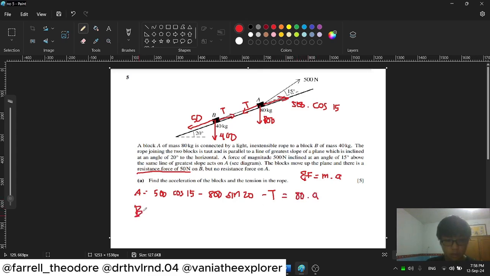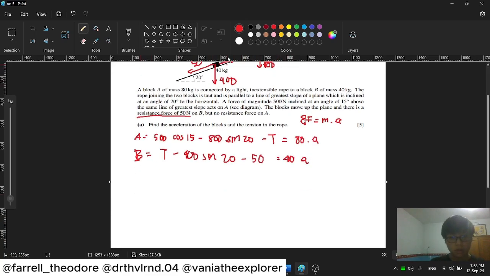And for B, it will be tension, since it's the one going up, minus 400 sine 20 minus 50, which is equal to 40a. Now we can add these up. This will be 120a, and the tension will cancel each other out, because this one's negative, this one's positive, and this will equate to